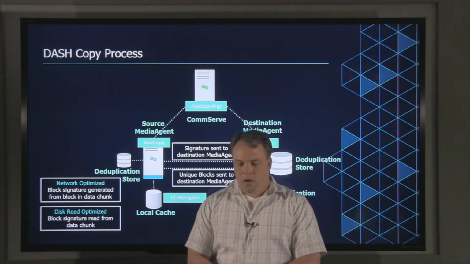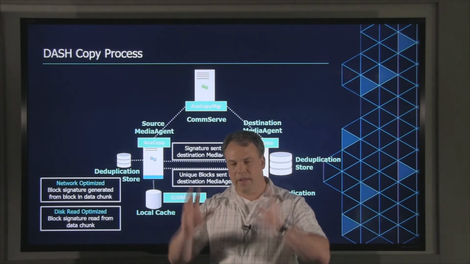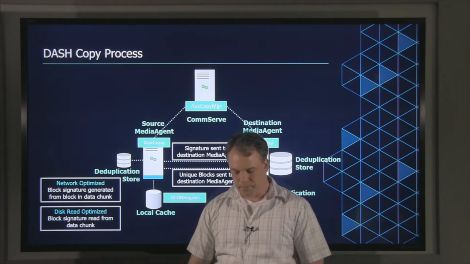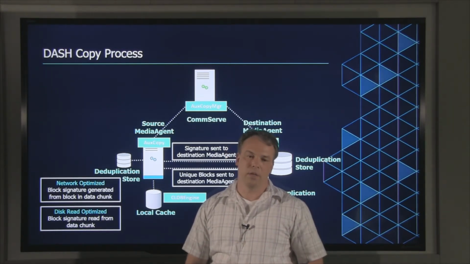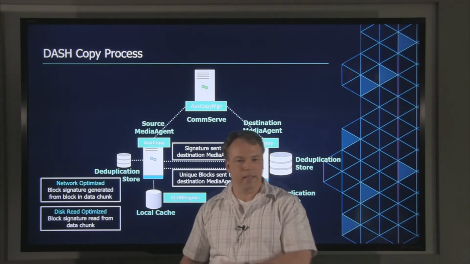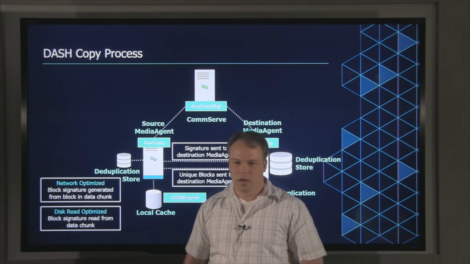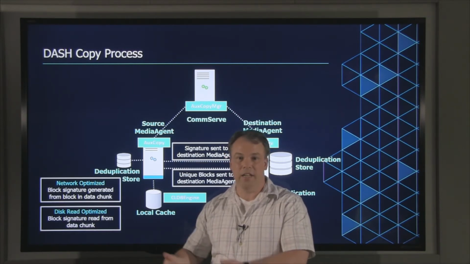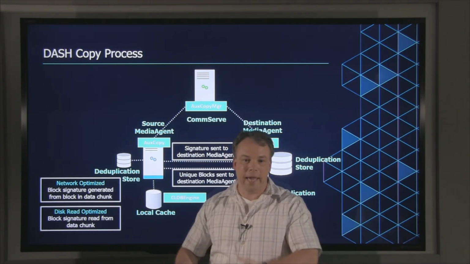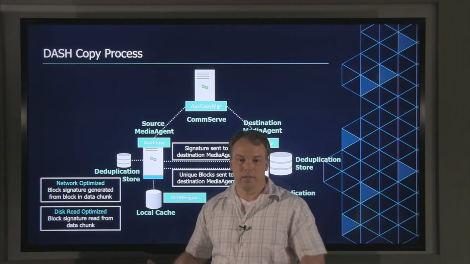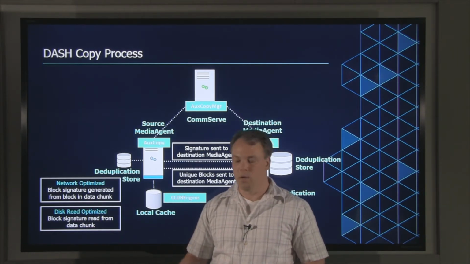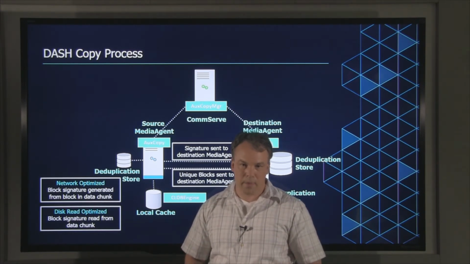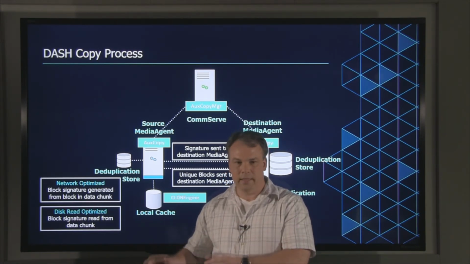So the idea of network optimized is, well, why is it even an option? The only reason it's an option is if your source library is not using Commvault deduplication. Because if your source library is not using deduplication, there are no signatures sitting in the chunk metadata, which means you can't do the disk optimized dash copy. So source library not deduped, you have to use network optimized. If the source is deduped,